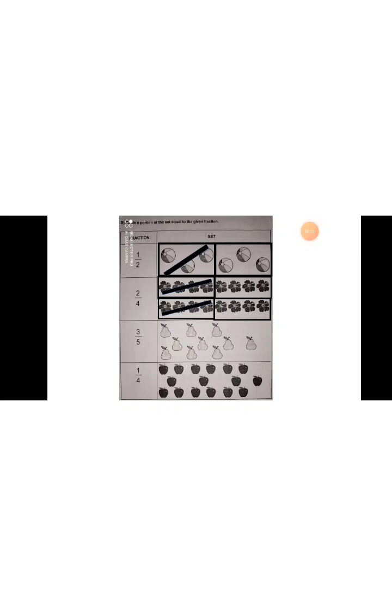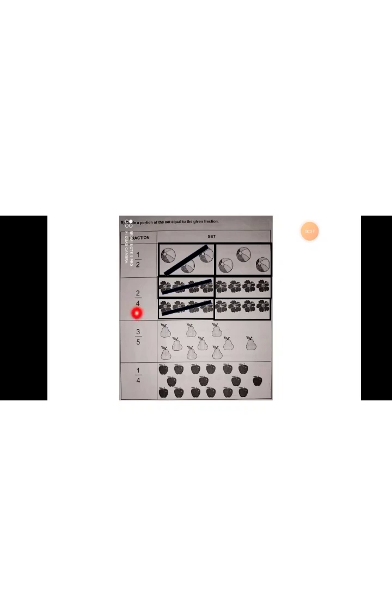So your fraction is 1 by 3 here in front of you. Children, here you can see the fraction half, and there are 6 balls. So 6 balls are divided equally into half. That is, when you make 6 into half, you get 3 and 3. So we get 2 parts from 6. From those 2 parts, one part is taken away. So you get half.